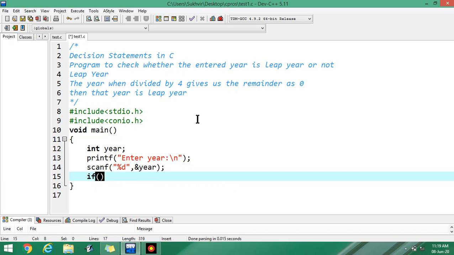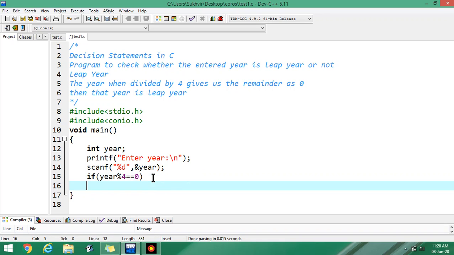Then the if statement. Now the year when divided by 4 gives us the remainder as 0. We already know in operators, the modulus operator is used to calculate the remainder. It's not an assignment operator, basically it's an equality operator.